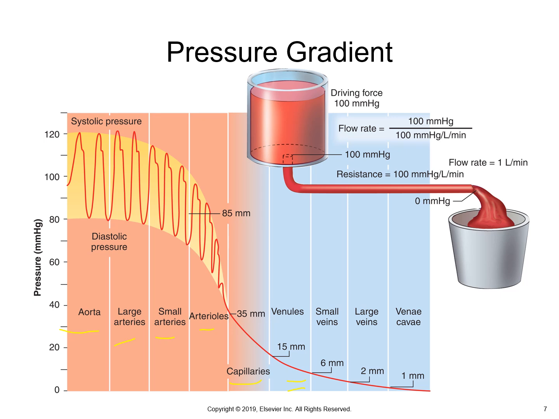The diagram on the right is the water tank analogy. The tank represents the heart, and it's pushing fluid, which is blood, through a tube, which represents our arteries and veins. The pressure starts very high at the top, and it gets lower as it flows out. In terms of resistance, narrower blood vessels are going to slow down that flow, just like how a smaller pipe